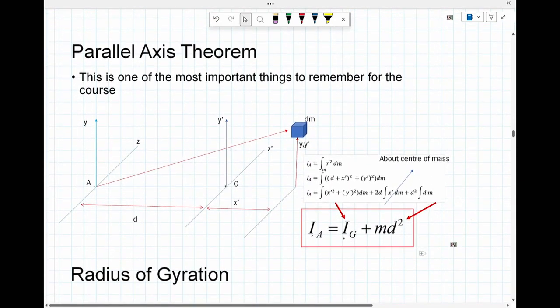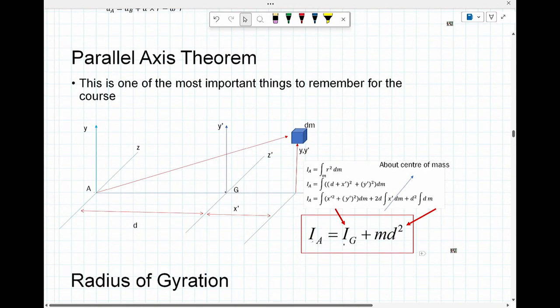What do you need to know? You need to know parallel axis theorem. You absolutely need to know parallel axis theorem and understand how it's going to be used, and that it has a physical basis. If everything is moving with the same sort of conditions, but sometimes